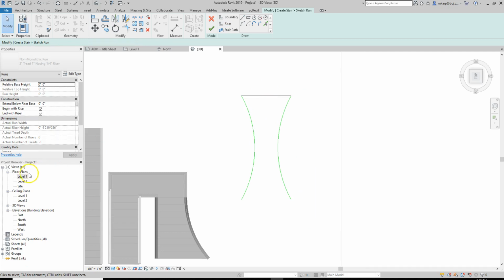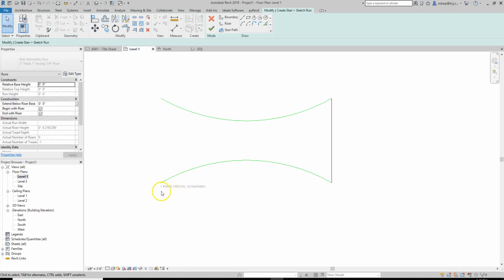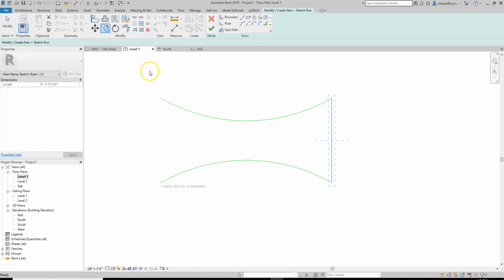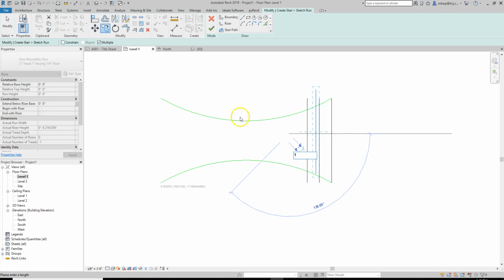and if I'm in a plan mode, let me jump to a plan. When you're in a plan, it actually tells you how much you need. I was drawing in a 3D view looking down, but if you're in a plan, it'll say how many risers you have and how many you need. So I have 1, and I need 20 more. So what we can do is copy multiple, and I could start copying every 1 foot so that we start to get,